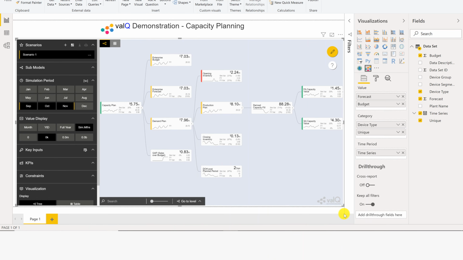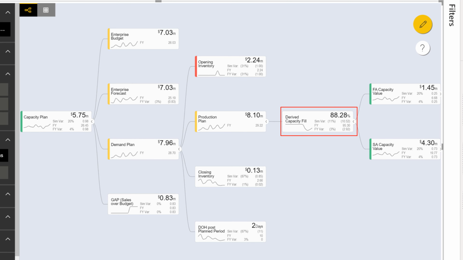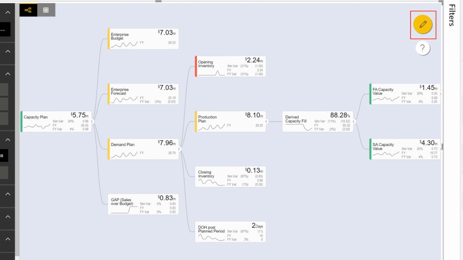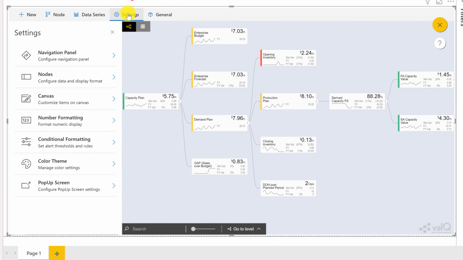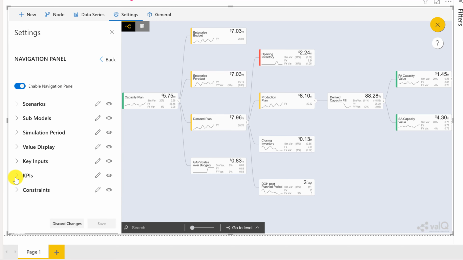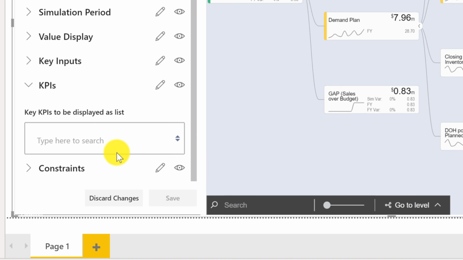This is our capacity planning model which we created on valQ. First, let us decide which KPIs are to be created by identifying them. Now let us exit the design mode by clicking this icon over here. Now click Settings, which is on the left side of this page. Click on Navigation panel where you can find an option called KPIs. Click here and start adding KPIs by typing in the names